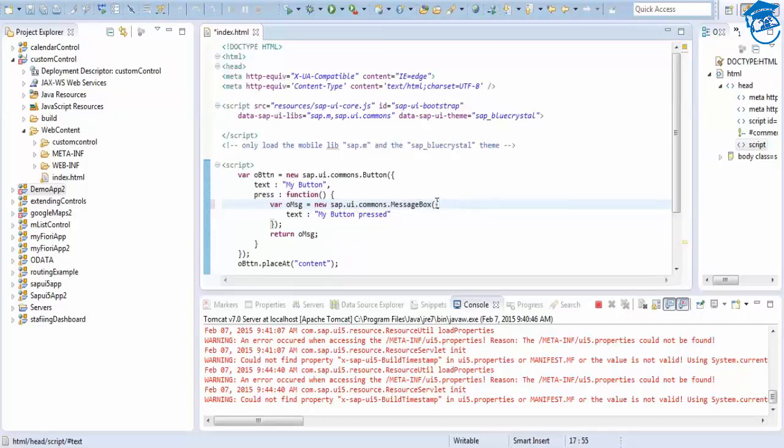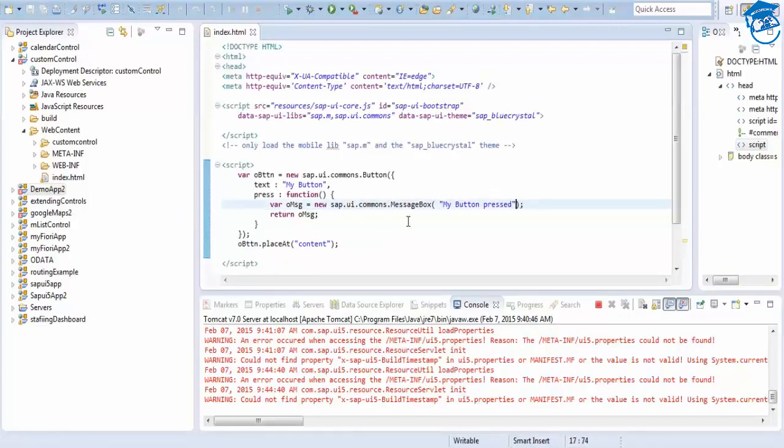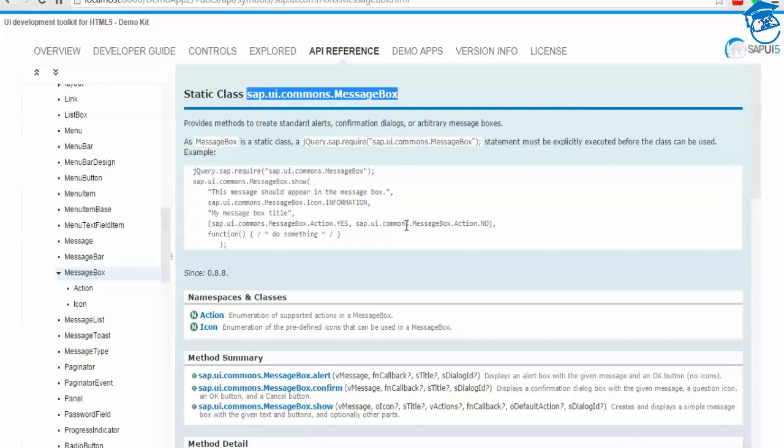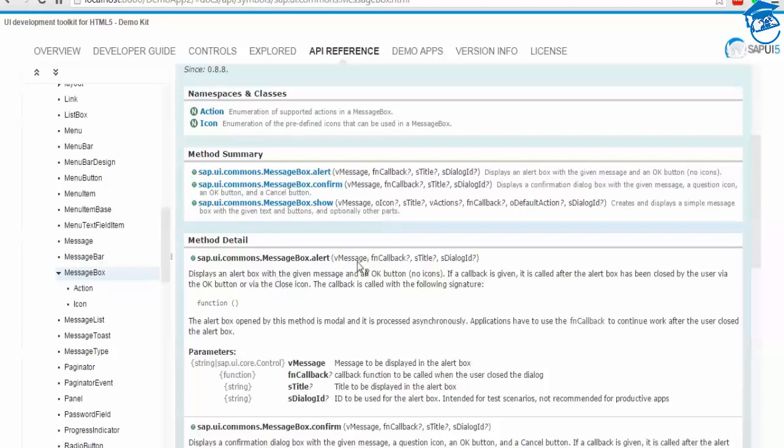Inside this we can directly pass a value. Okay, we'll see the properties. SAP UI commons MessageBox has a vMessage. So vMessage is what is displayed in the alert box, and there's a callback function.